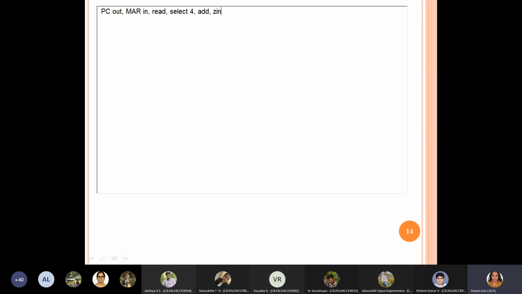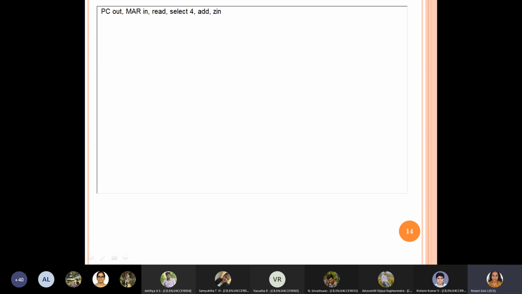Okay, so here what we do is, once we incremented the program counter value, the incremented value has been stored both in program counter as well as in Y register, so that if it is some branch instruction, Y register gives the updated program counter value and instruction register gives where it's supposed to branch out, and adding that we will get the new address which can be directly loaded into the program counter. So one step we reduce here.